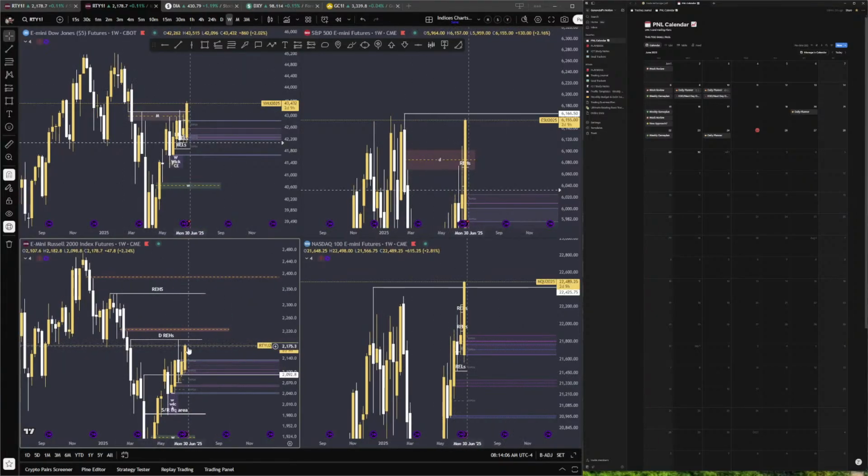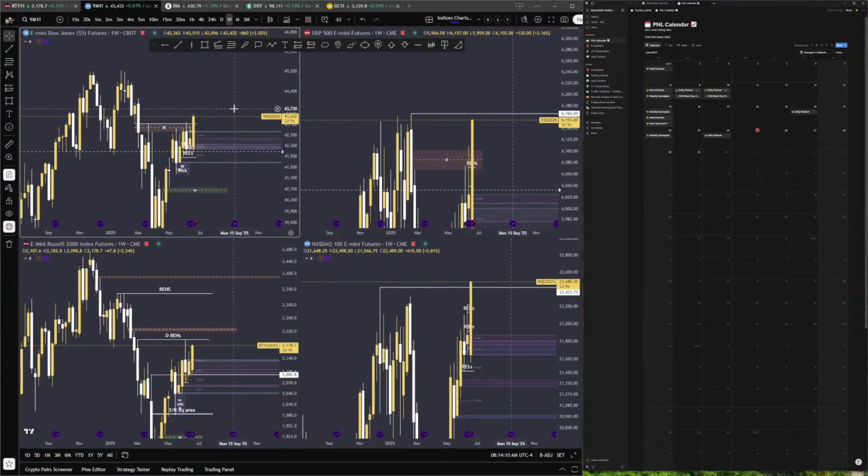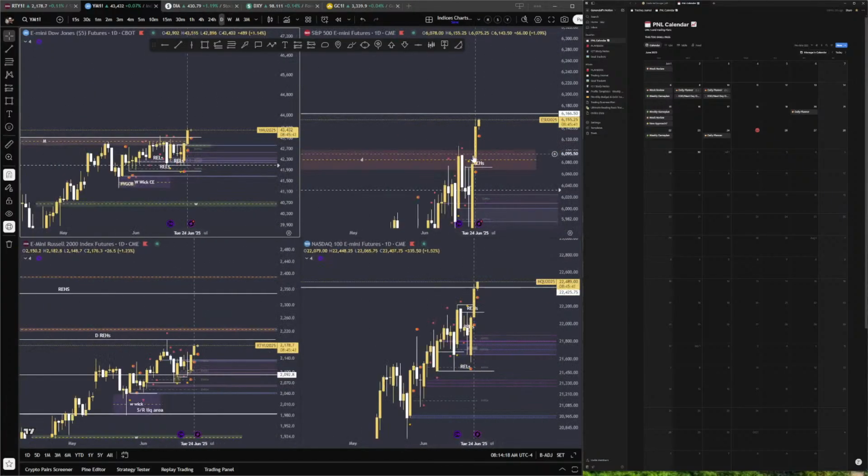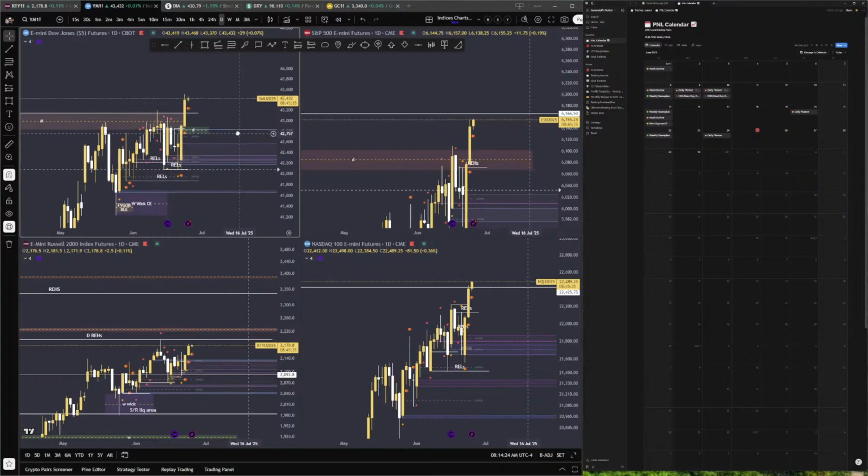So yeah, it would be interesting if Russell actually comes and takes us out, because then I'd actually look for a possible short. But yeah, I mean, we're looking for ES to take that possibly. Otherwise, we just have inefficiencies on the downside. On the low,